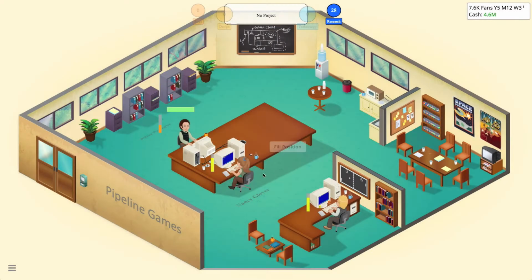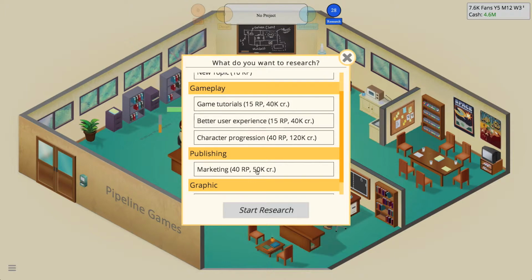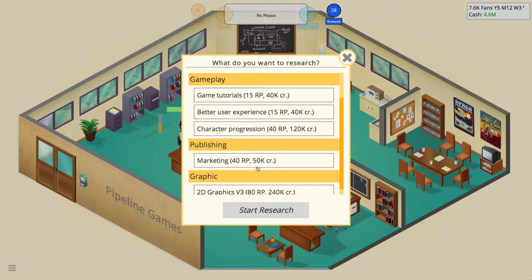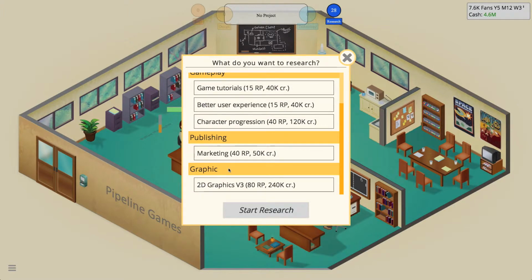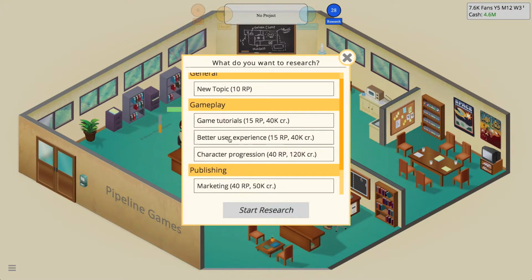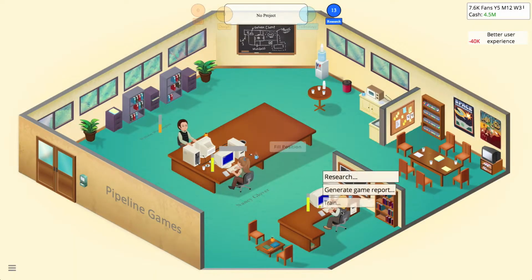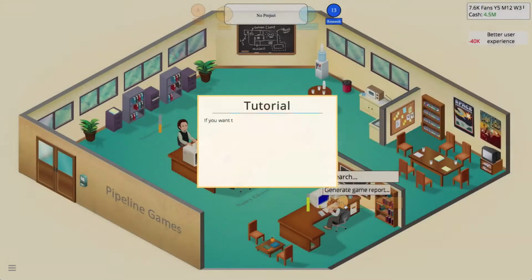Character progression. So this is where I think we want to do some research. So Nancy, you're going to do some research for us. So you've got game tutorials, better user experience, 2D graphics, version 3, marketing. New topics. Let's do... Nancy can do a better user experience, I think. And Jimmy Johnson here can...